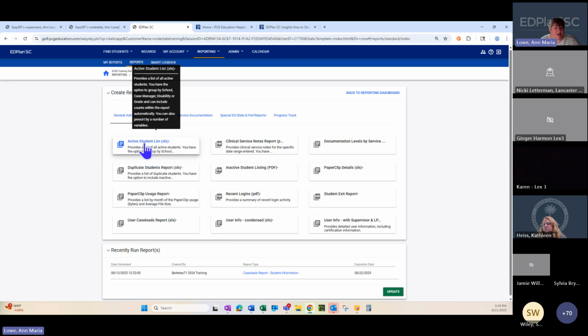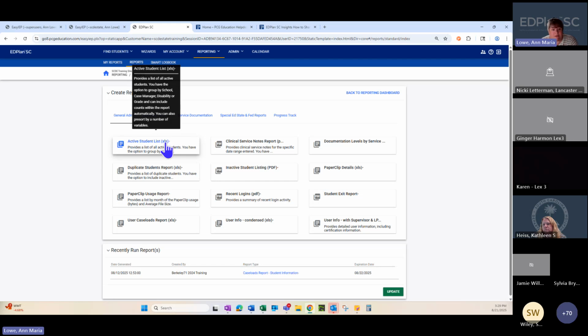I did want to point out that this active student list report has columns that say percentage of time and the student setting, the LRE. Since all the updates we've made in the system, that no longer feeds that report correctly.